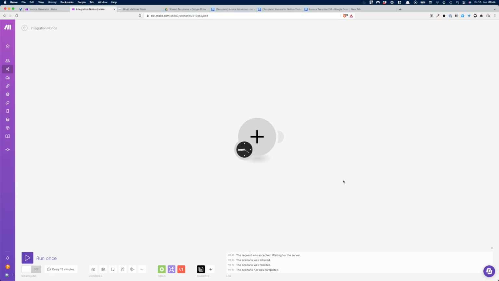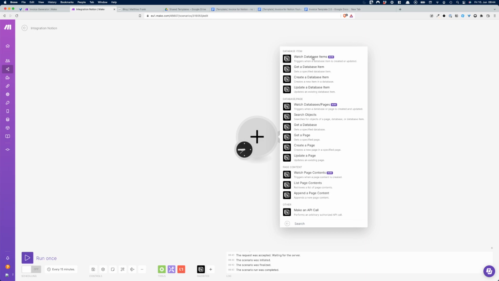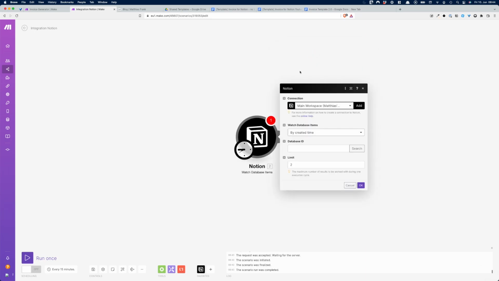with our template. And we do that basically in 2 distinct steps. First, we need to pull in all the information from the invoice into the automation. And then in the second step, we use that information to generate the invoice itself. So we start with a Notion module, and we're going to pick the Watch Database Items module. And then we're going to grab the